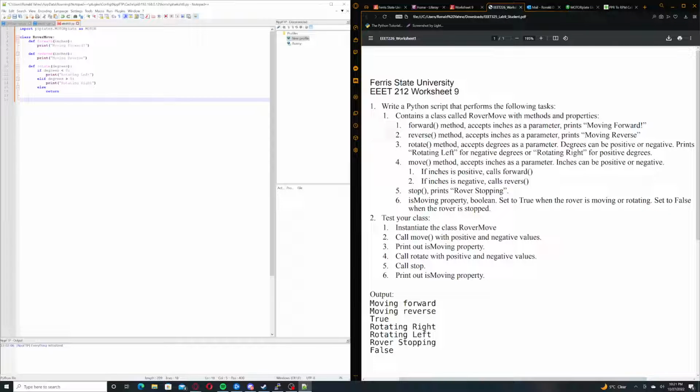That's a good point. Technically you can say you have more than 360 degrees, but that just means you're starting a new circle. I can't think of any real reason why I would want my rover to just rotate in a circle, maybe for fun. But in this case, I've covered the fact that if the number is less than 0, it's going to say rotating left, because negative degrees are